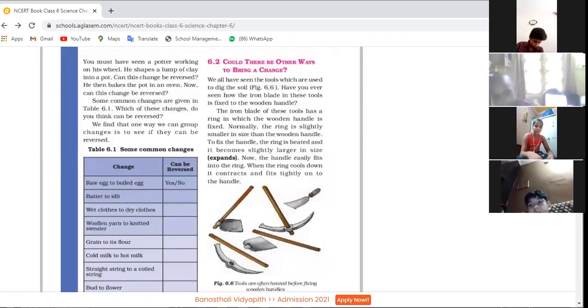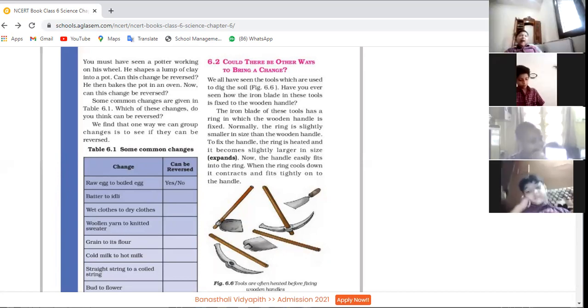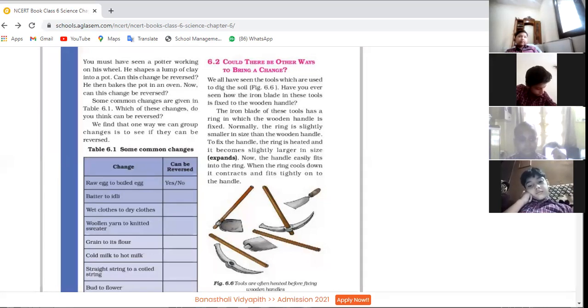So few of the changes are there around you. So many changes are there. Few changes are reversible and few changes are irreversible. Okay. Next is 6.2. Let's continue. Could there be another ways to bring a change? One way we have read is reversible, and the other way we have read is irreversible changes. So Rayan Akhtar,